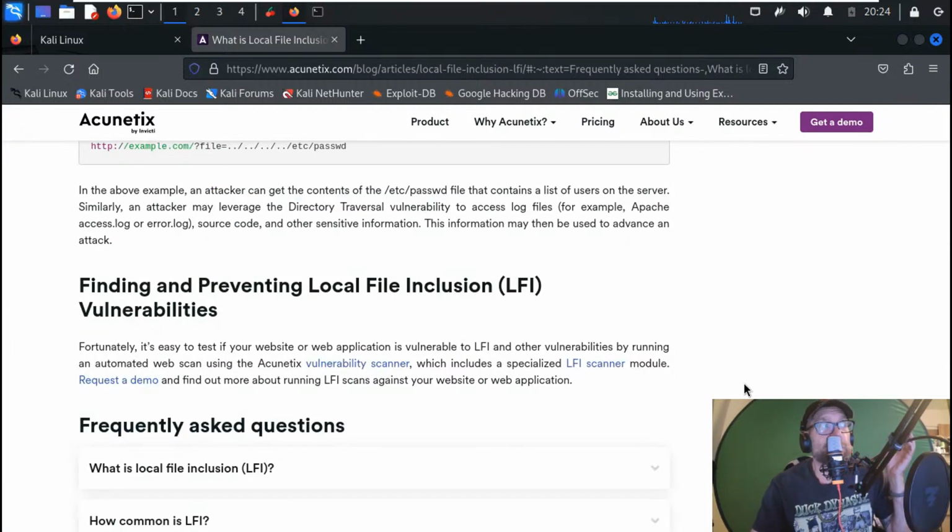So this is telling people how they can find it, and then again, how they can prevent this. Fortunately, it's easy to test if your website or web application is vulnerable to LFI and other vulnerabilities by running an automated web scan using, this is a self-promotion, this Acunetix vulnerability scanner, which includes a specialized LFI scanner